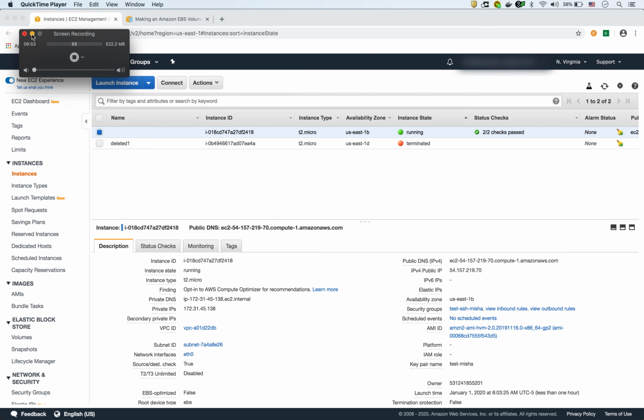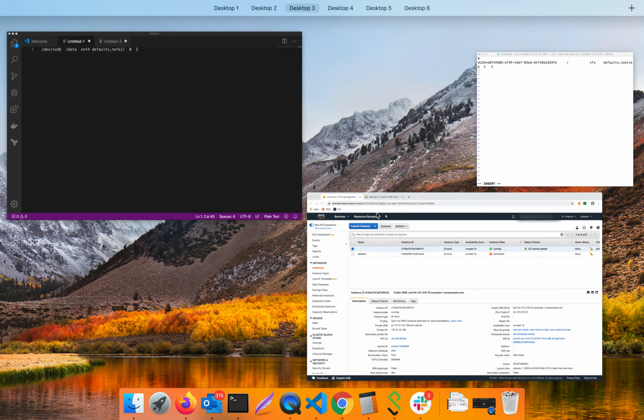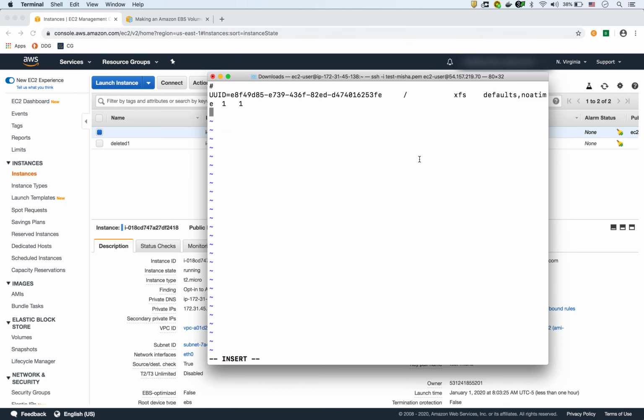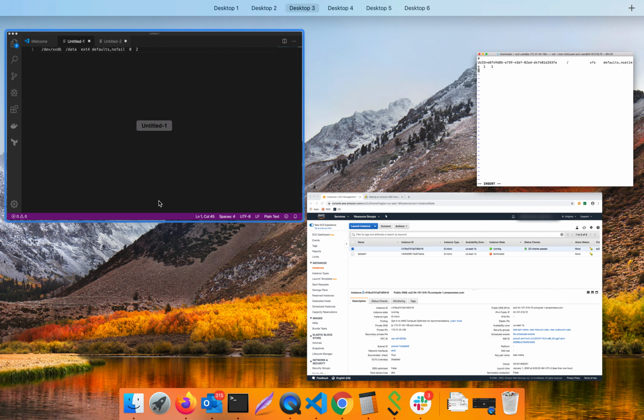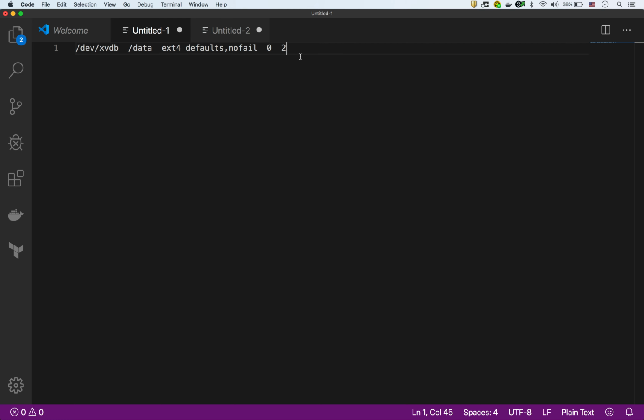Okay, so we're back, and I'm going to now add the new entry in that fstab table. So if we look, here's our fstab file, and I've copied the line that I need to add, which is here. So this is what we're going to add. This is the volume /dev/xvdb, and then this is the mount point, this is the file system, and